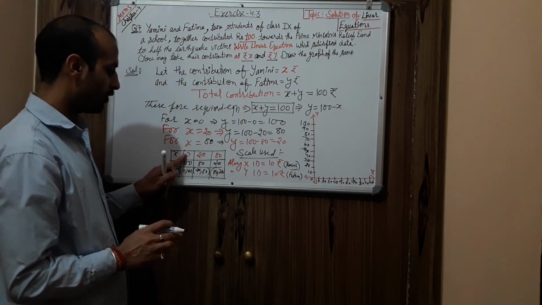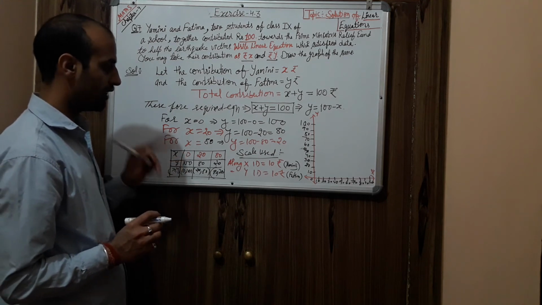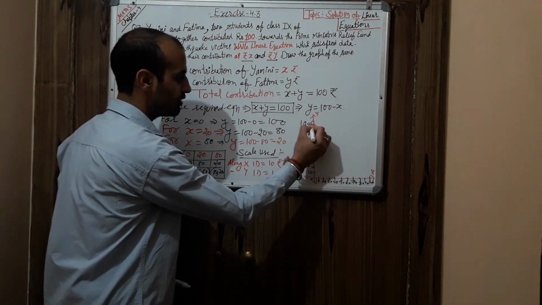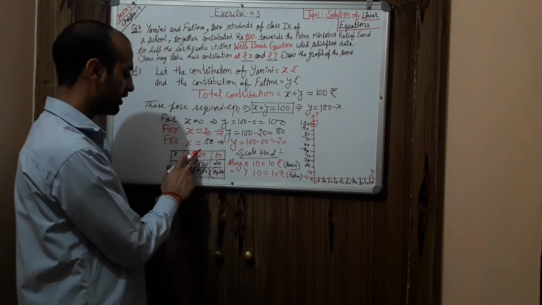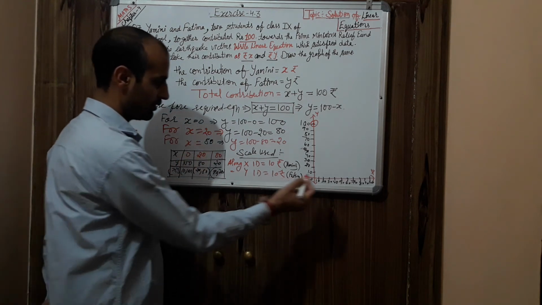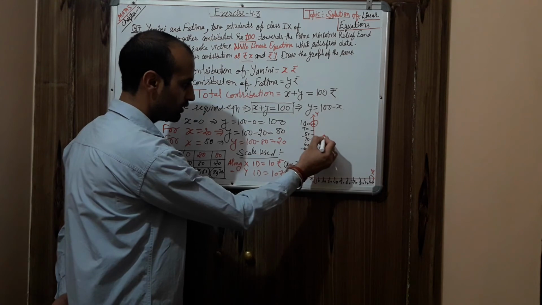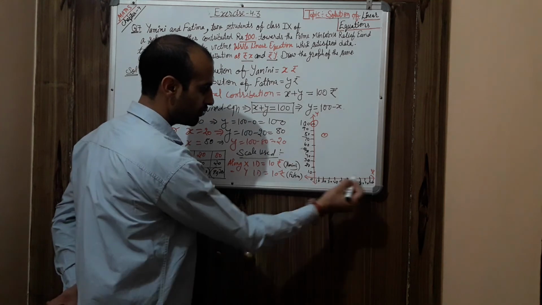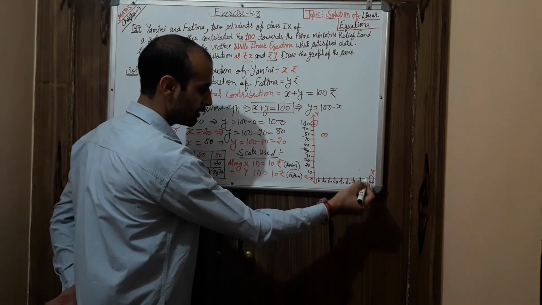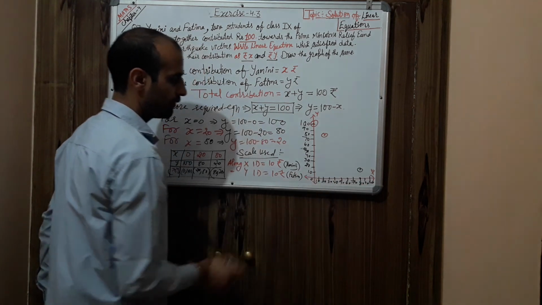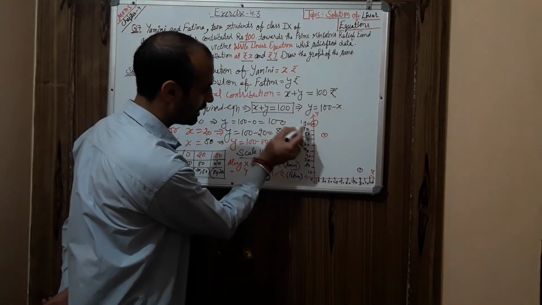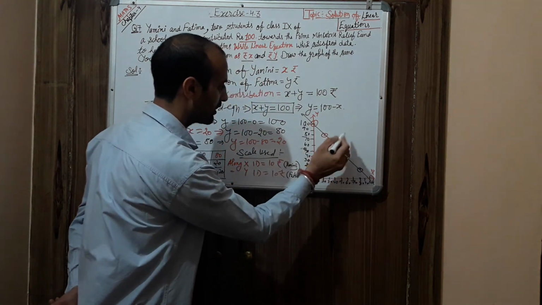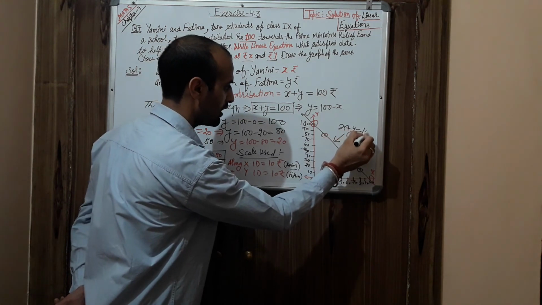So let's come to how to represent the points, that is 0, 100: 0 on the x-axis and 100 on the y-axis. So this is your point 0, 100. Next, on the x-axis 20 and y-axis 80. 20 from here, 80 from here, they meet at this point. Next point is 80, 20: 80 from the x-axis and 20 from y. Let's join all these. In this way you will get a graph that satisfies x plus y is equal to 100.